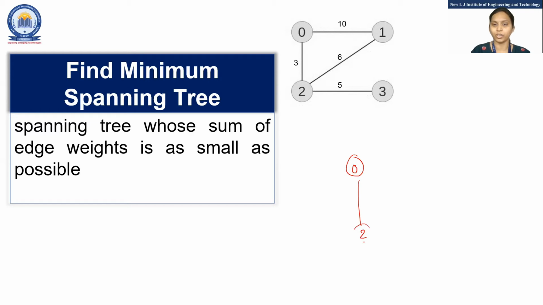So, by looking at the graph, and as this is a small graph, you can directly come to know that this is the minimum spanning tree for the given graph, because if you add this edge, your sum of all the edges becomes more. So we are ignoring this edge, and by ignoring this, you finally get the connected graph. But if I want to ignore this also, then one node is disconnected, and this is not allowed in a spanning tree. So this edge is mandatory. You have to add this. This way you can find it.